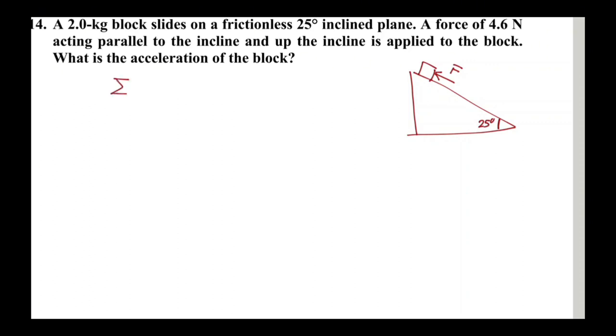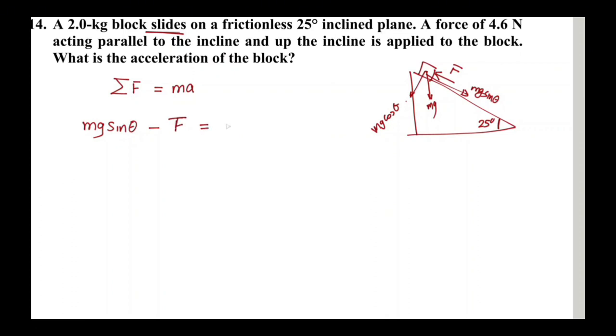Now sum of all forces equal to ma. Now let's see the forces acting on this one here. The weight is directed this way here, and we have mg cosine theta and mg sine theta. Since the object is sliding on a frictionless surface, in this case here, mg sine theta minus f